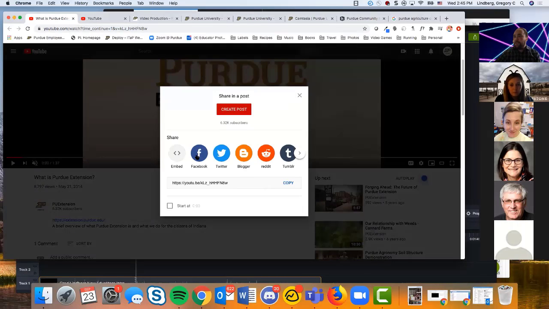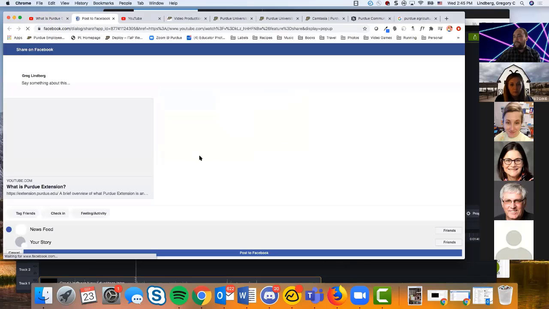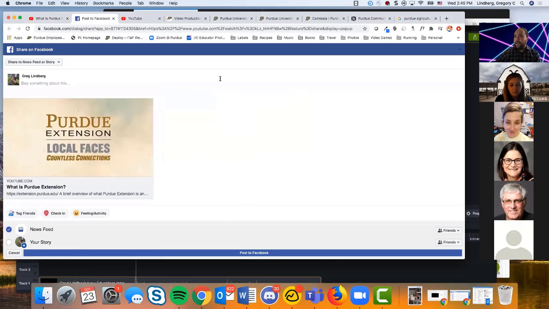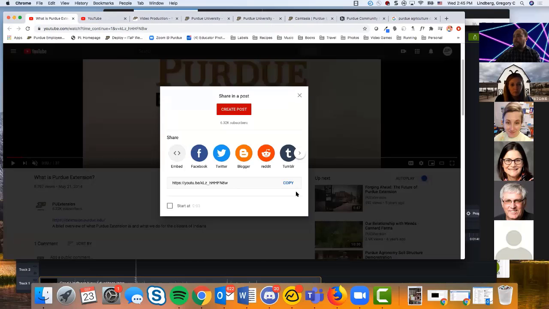But you can also just click Facebook here. And if you're already logged into your county Facebook page, then you can just say what you want about the video and then post it directly from YouTube. You can do that, and same with Twitter, and maybe LinkedIn might be another one that you may use. But primarily you can use this link, but you can even use the Purdue Extension short link, if you don't know how to do that,